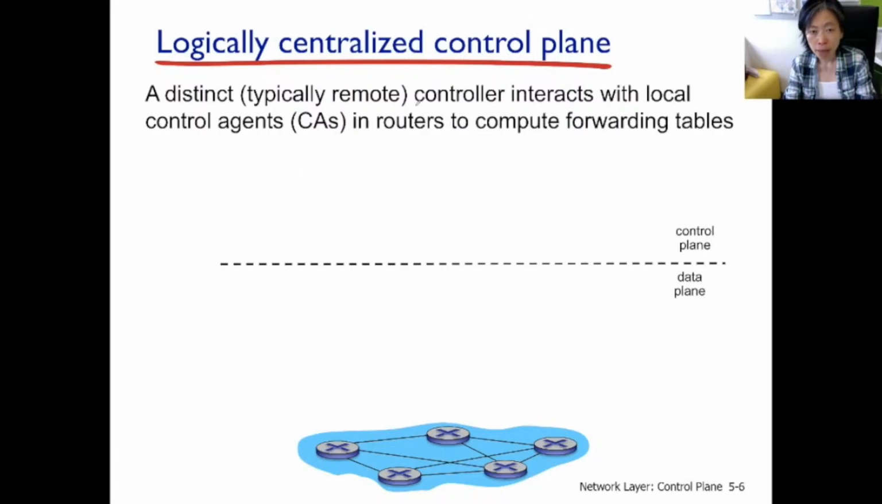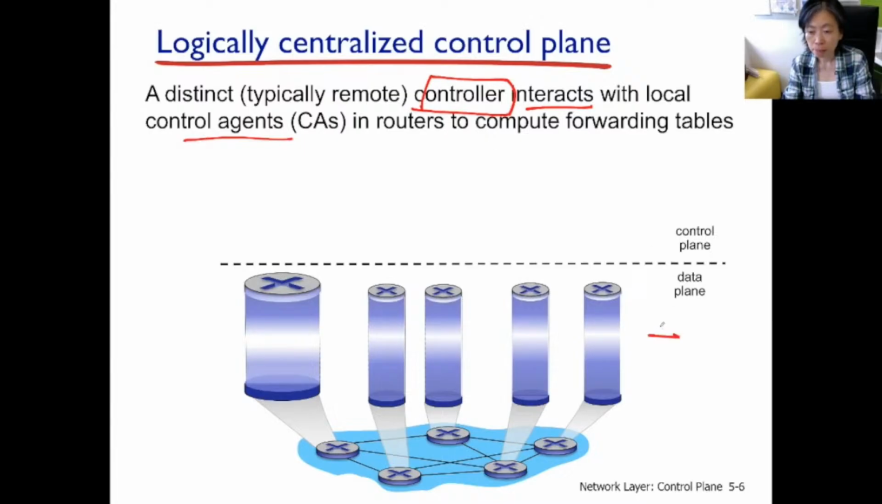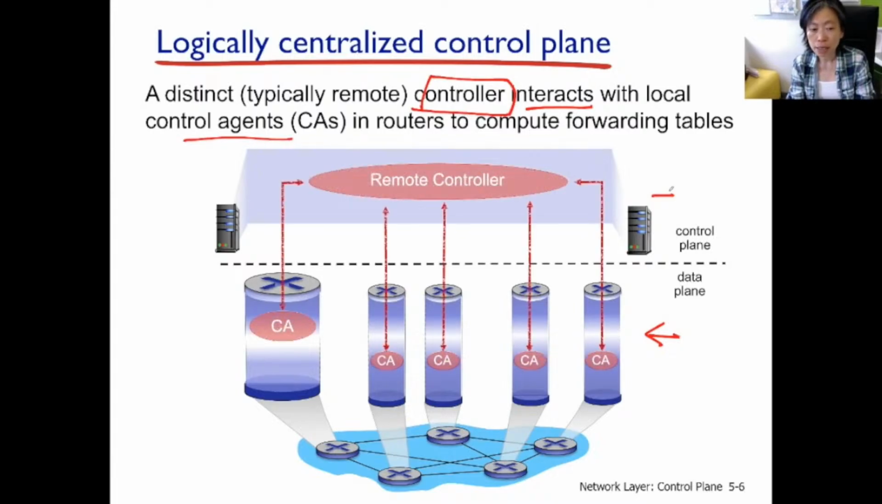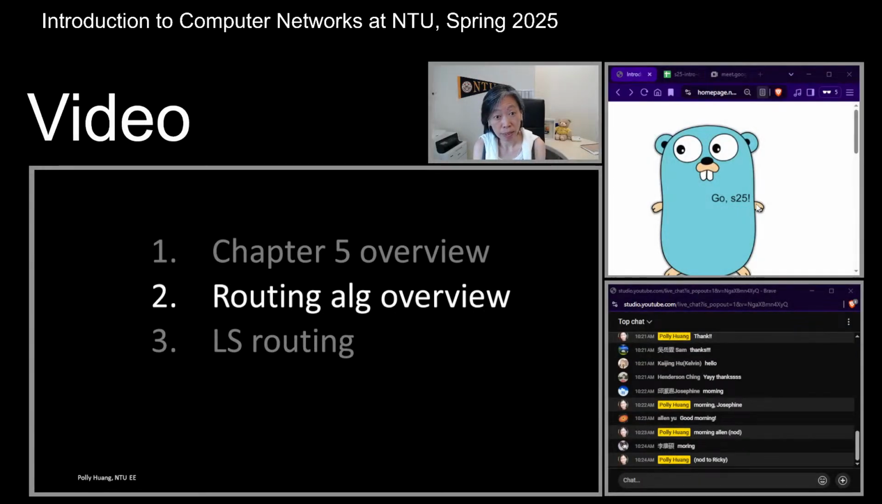There's going to be a remote controller there, doing all the computation and then interacting with the local control agent to install these forwarding tables, or more precisely, flow tables. So the router, the data plane here, has these control agents, and then at the control plane, we have powerful machines running the remote controller. The remote controller interacts with the CA, setting up these flow tables. So once again, the control plane in modern days is more centralized